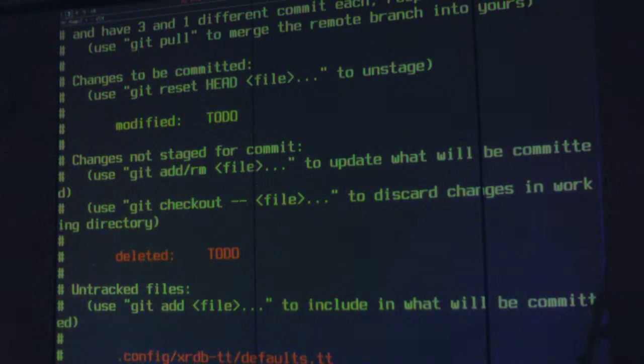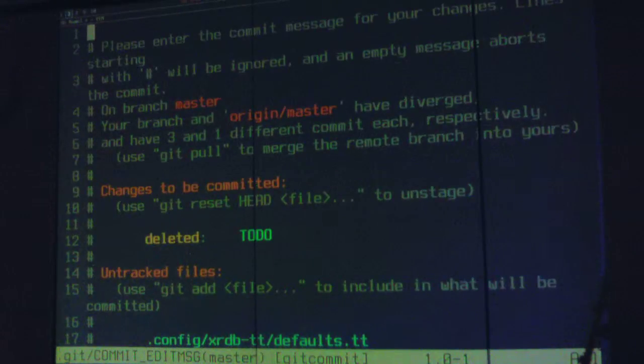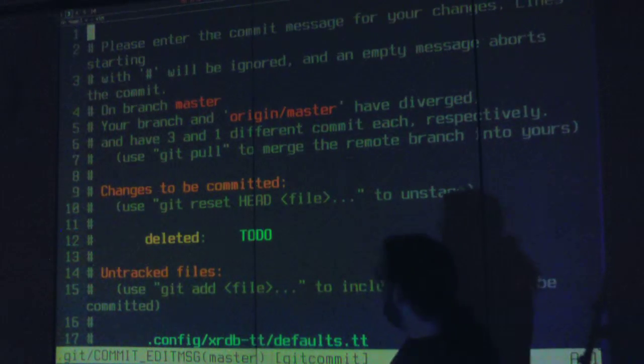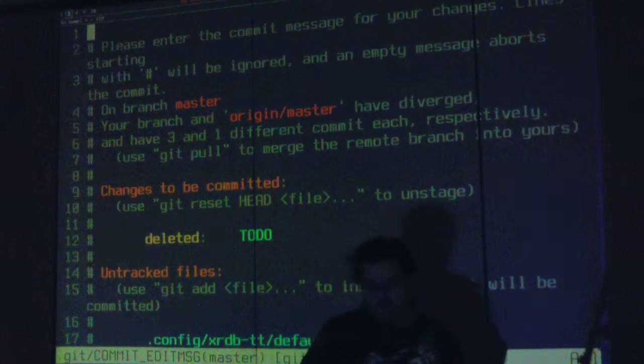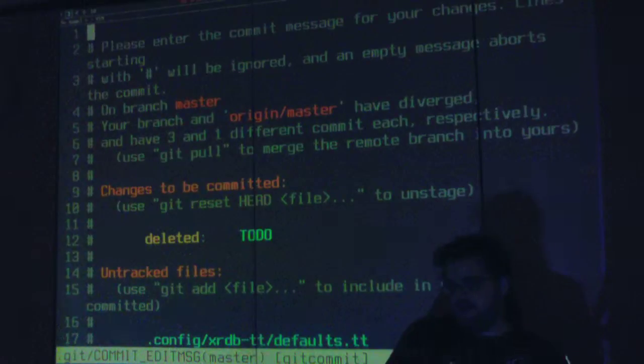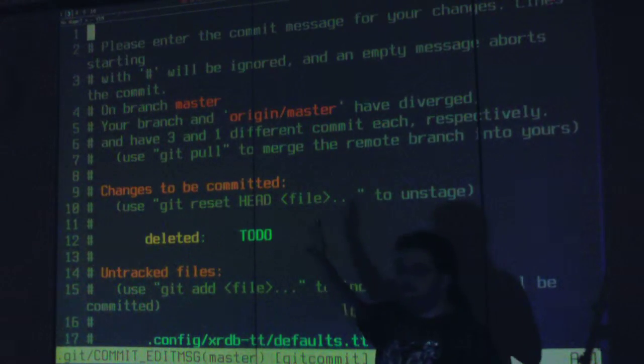So, those two operations are 90% of what you need to manage config files in Git. The other thing, of course, would be commit. Commit is actually doing the part of Git that you're interested in. It is taking what's in the index, and I did A, so it's actually going to commit that change too. What committing means is to write the contents of the index to the object database,